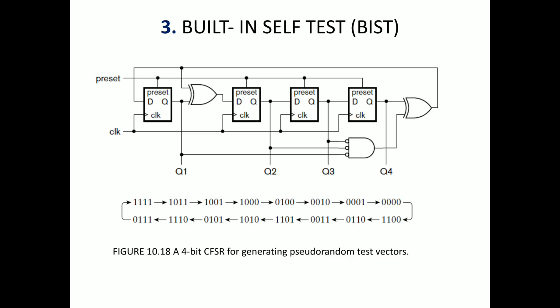Why are we using XOR gate? Because the XOR gate will give values based on a uniform distribution. You can see the AND gate, OR gate, NAND gate, NOR gate, all these gates are one-sided. There will be a maximum of ones or a maximum of zeros. When you consider the AND gate, 0 0 0, 0 1 0, 1 0 0, 1 1 1, there are 3 zeros and one 1. Similarly for the OR gate, except for 0 0, all the outputs are 1. In the NAND gate also there will be a majority of ones or majority of zeros. In the NOR gate also, a majority of ones or majority of zeros.